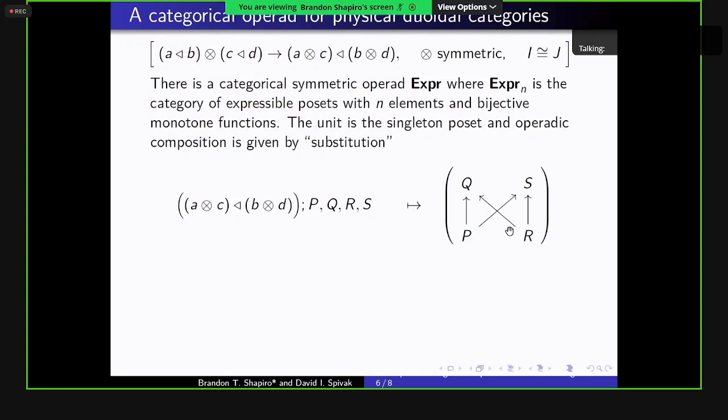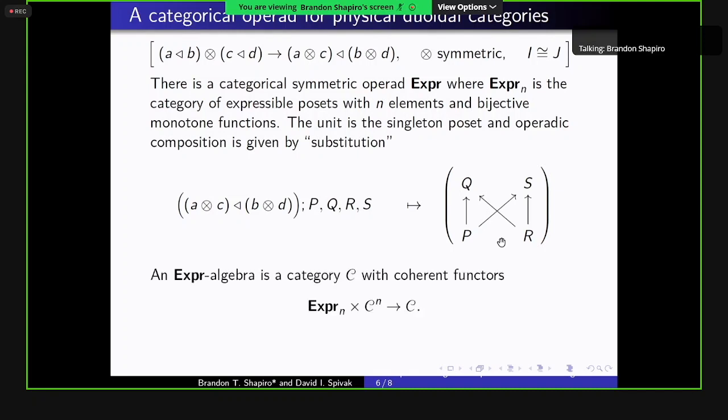And just as well, this is given by applying these tensors and this trie to these 4 posets in the appropriate order. And this gives a categorical operad. In fact, you can do it for all finite posets. It's epsilon more complicated to describe because we can't use these disjoint union and join operations, but it works very similarly. And because we know that the operations in a physical duoidal category correspond to these finite posets, and the structure maps between those correspond to these maps in our categories, that ultimately amounts